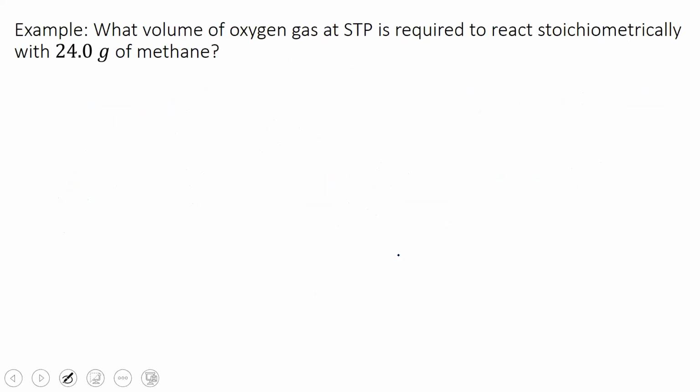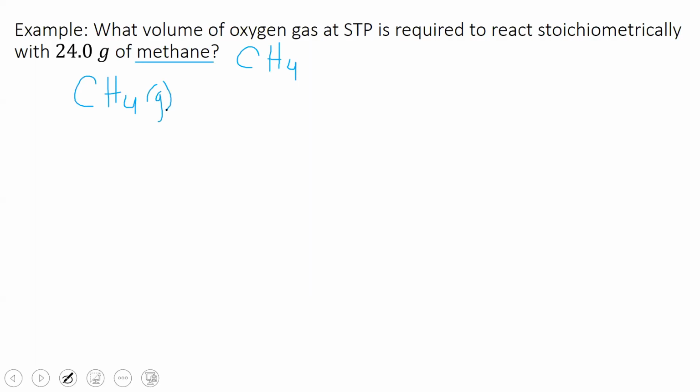Our next example: what volume of oxygen gas at standard temperature and pressure is required to react stoichiometrically with 24 grams of methane? So now we're doing stoichiometry with gases and chemical reactions. And so part of this is understanding what type of chemical reaction it is based on our experience in the past. If we have methane, you should by now know that methane is CH4. That's one of those compounds you should absolutely have memorized by now. So methane, CH4